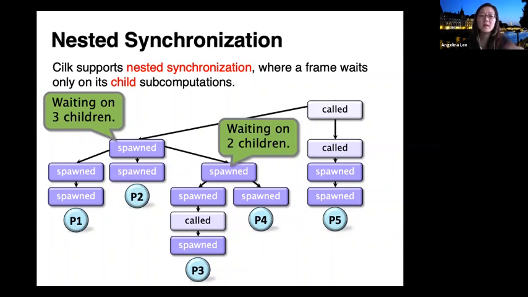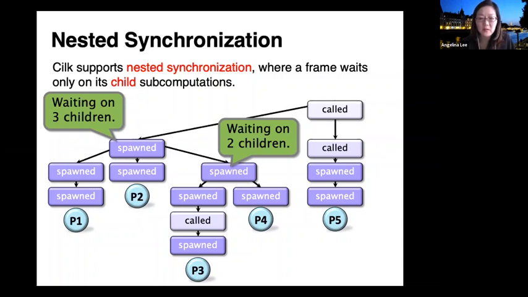In Cilk, each Cilk function can itself spawn, and we support nested synchronization where a frame must wait on its outstanding child subcomputations.